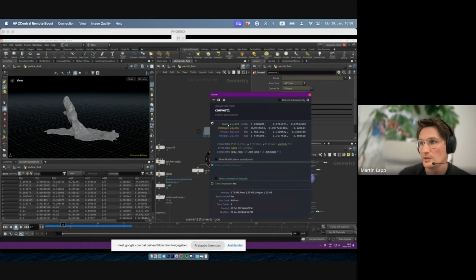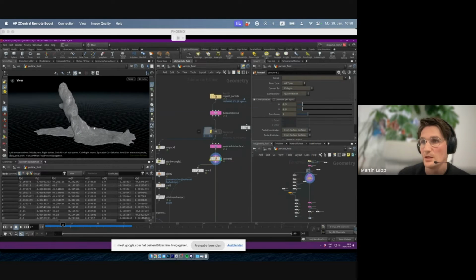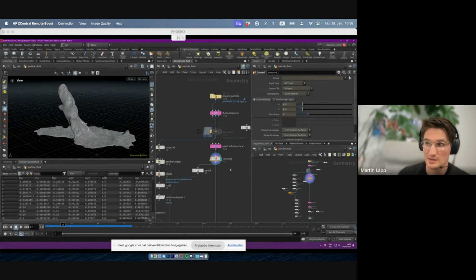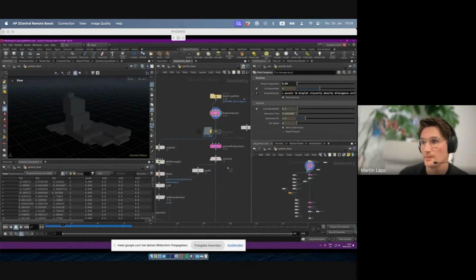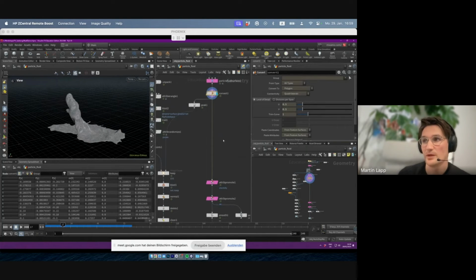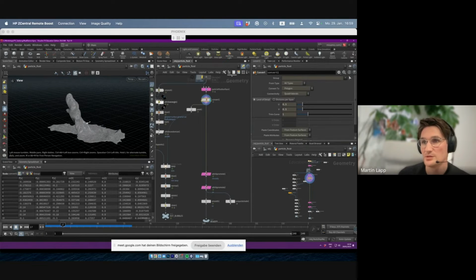So now it's basically polygons again. And if I would save this, then this cache would be quite more heavy than what I would save when I cache this one. Cool. So actually, I'm not doing much here. Just